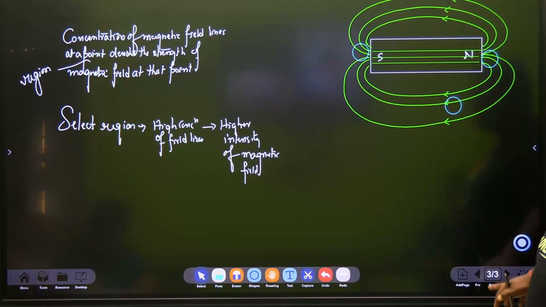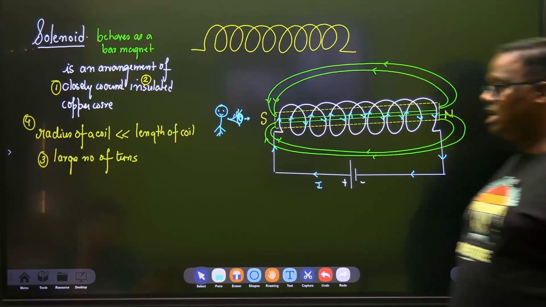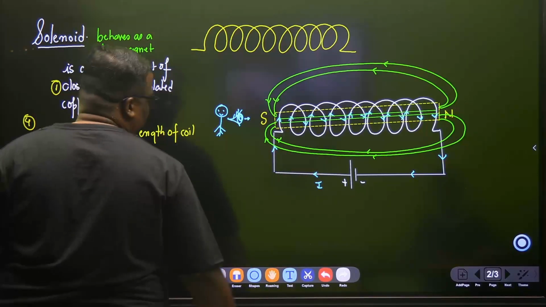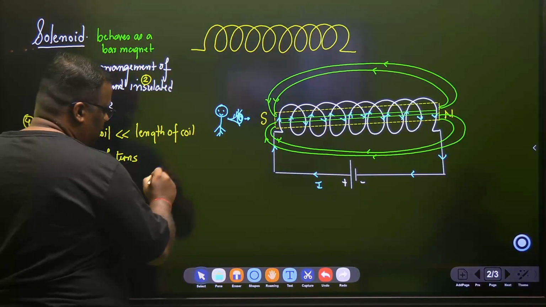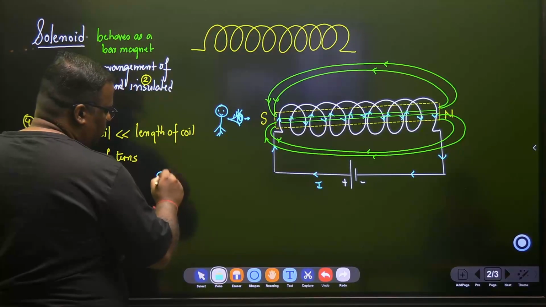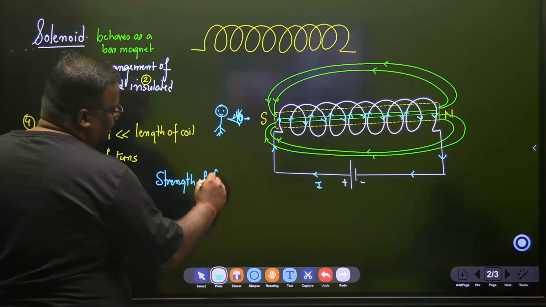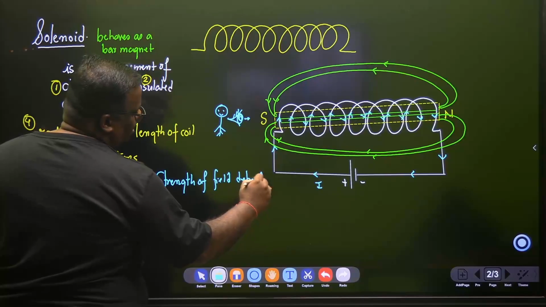So we go back to the solenoid now. Our solenoid is now exactly behaving like a bar magnet. Now we need to see how the magnetization depends, because this is something artificial that you have created. So we will write down: strength of field depends upon